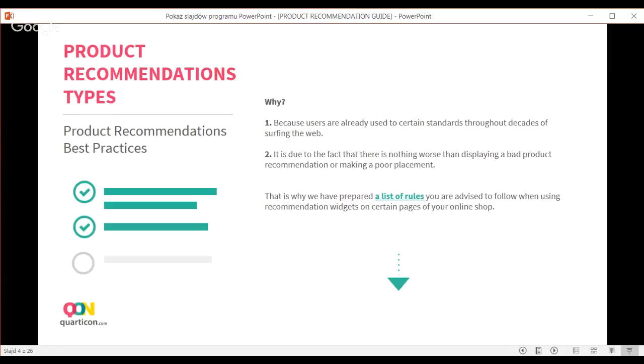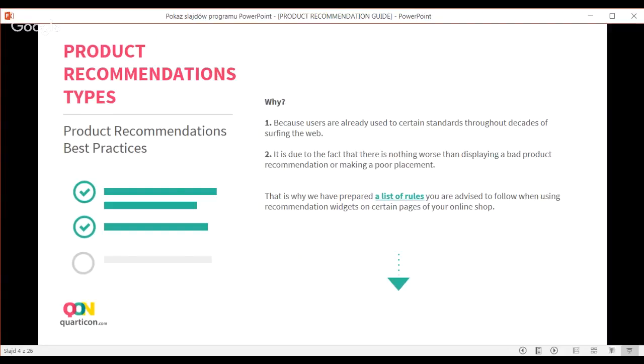But there is nothing worse than displaying a bad product or putting it in a bad place. So therefore, I'd like to show you some rules for how you can place your recommendation widgets in your online shop to make your customers see other products and maybe leave satisfied with more than the one they just